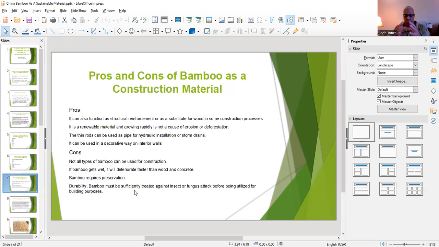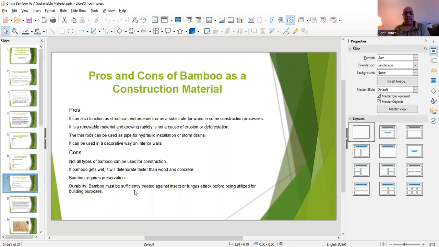Now, when I'm looking at developing any new product, of course, it has to be tested. I want to make sure that it withstands compression or tensile tests, how much stress and strain you can put on the material. And once you find all of the information out from testing, you can then evaluate the results of the test. But you also have to look at, before we even go into the testing phase, what are the pros and cons of bamboo as a construction material?